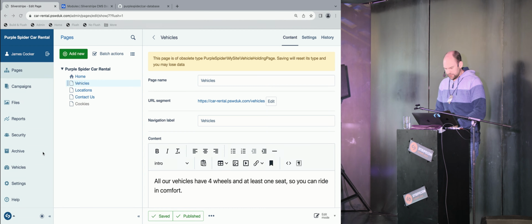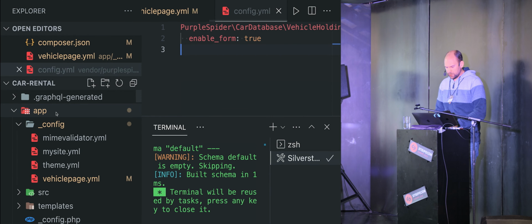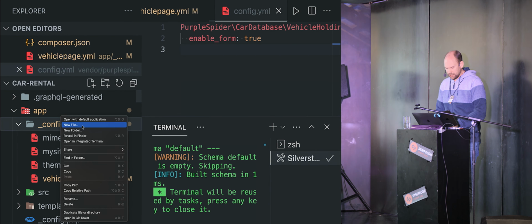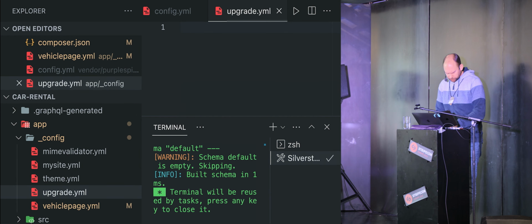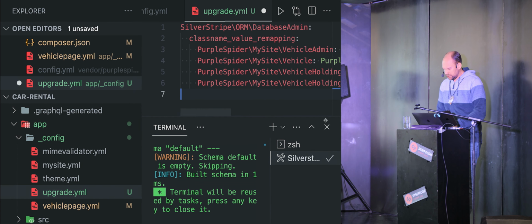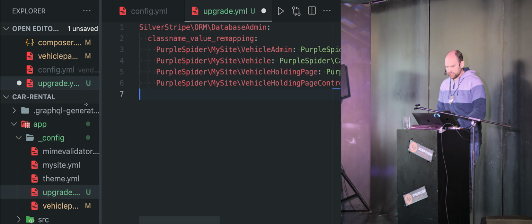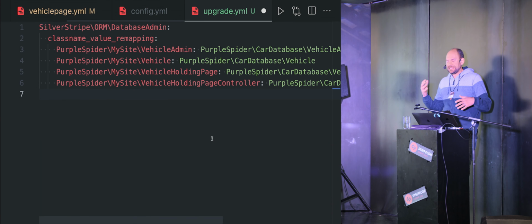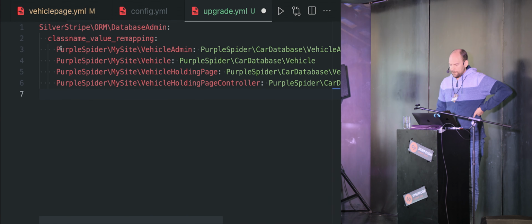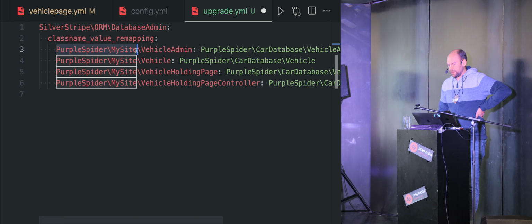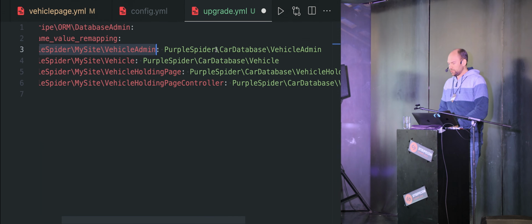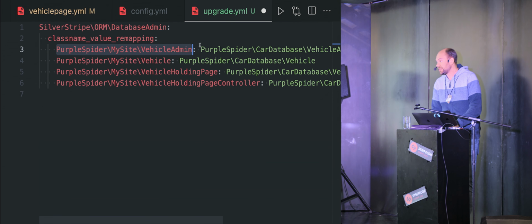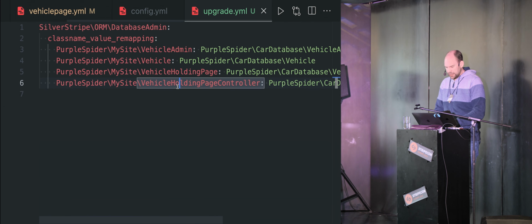So to do that, if I jump back to our source code, I'm going to go into our site config and create a new config file, just call it upgrade.yaml, and in there, I'm going to slot this in. This code here simply says, the next time a dev build is run, see if there's any instances in the database of Purple Spider My Site Vehicle Admin. If you find any, please change them to Purple Spider Car Database Vehicle Admin, and the same for the other classes. So I'm going to save that, do a dev build,